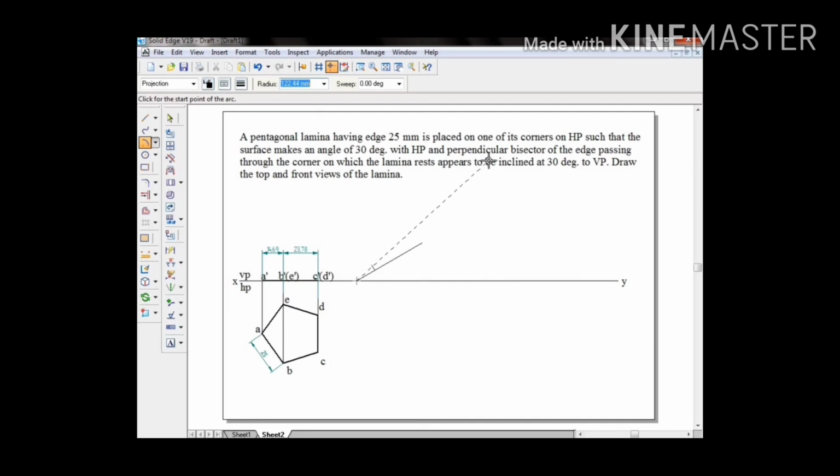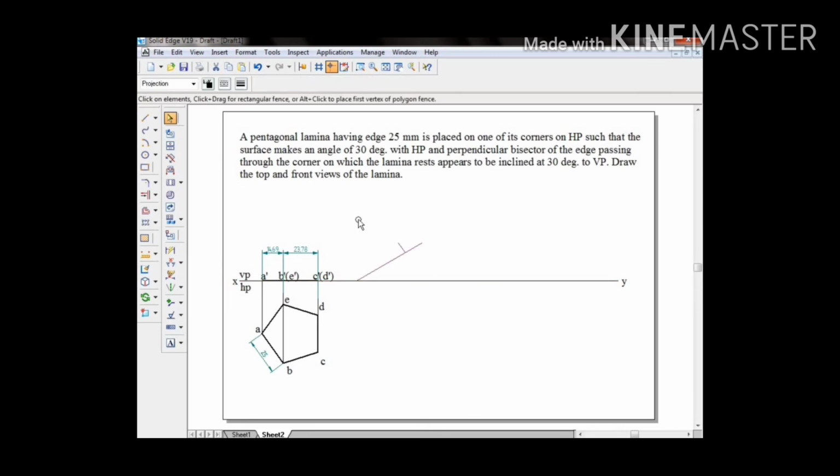Here I'll be directly using your pencil compass. You can take the length. That is okay. So here I'm giving 14.69 plus 23.78. So I'm going to get the radius here. This is the end point D dash. This is how we're going to draw, and then later you can use a visible line, and then you can continue.